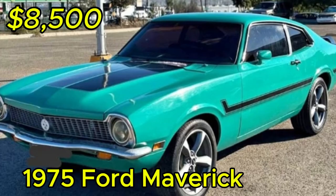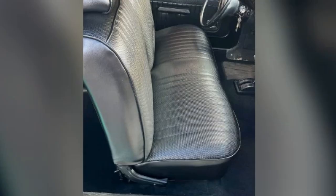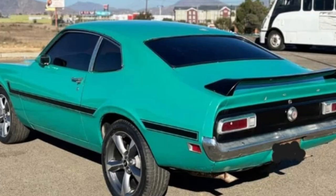Number 2. The 1975 Ford Maverick, priced at $8,500, located in Spring Valley, California. This car is in excellent condition for its age. On the exterior, the shiny green paint retains about 90% of its original luster, with only minor aging signs or light scratches. The clean and modern 17 inches aftermarket wheels add a sporty touch that contrasts well with the car's